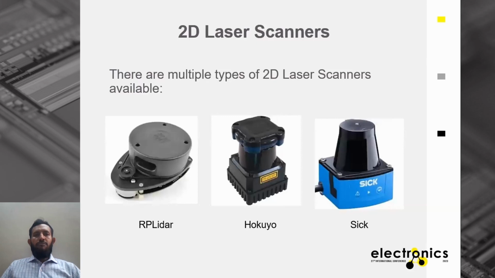So actually we have utilized some popular 2D laser scanners. From left to right, there are some common laser scanners available. RP-LiDAR is the cheapest one. Then we have used the Hokuyo laser scanner, which is the middle one. And there are some more advanced versions of these 2D laser scanners available, for example, from Czech